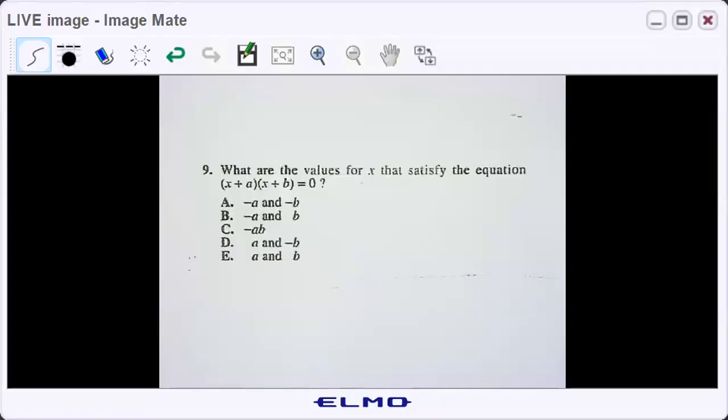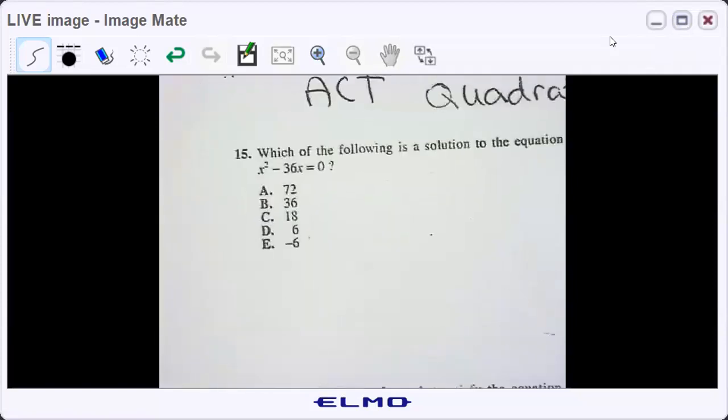All right, folks, we're going to do a second video this week on quadratics. Again, since the ACT is over, this is to help you with maybe your regular classes with your final exams and such. So if you saw the last video, and in case you didn't, let me just do